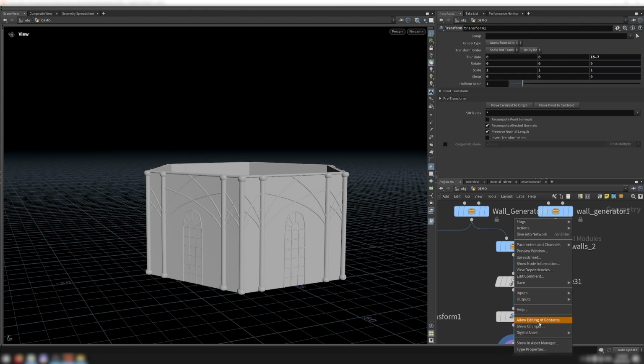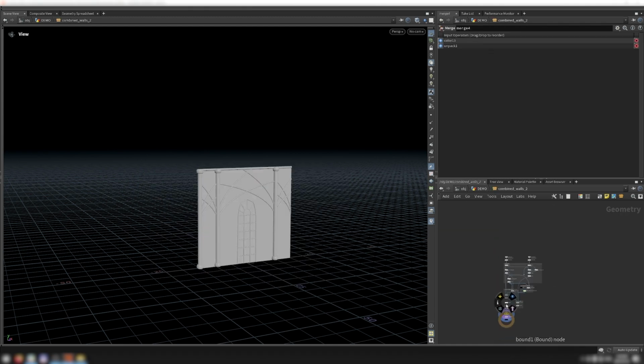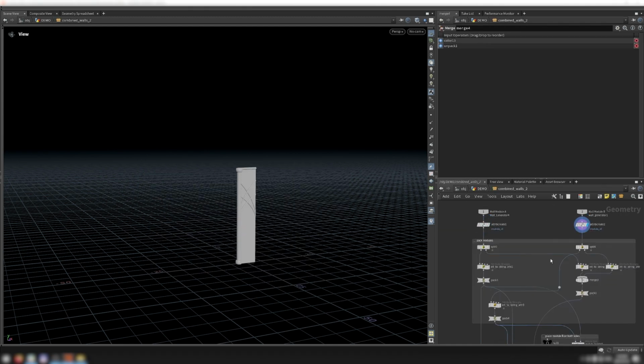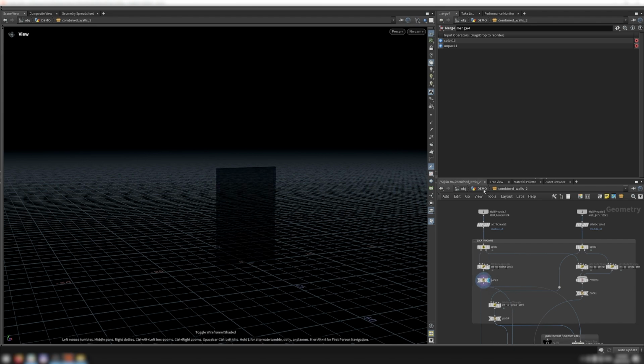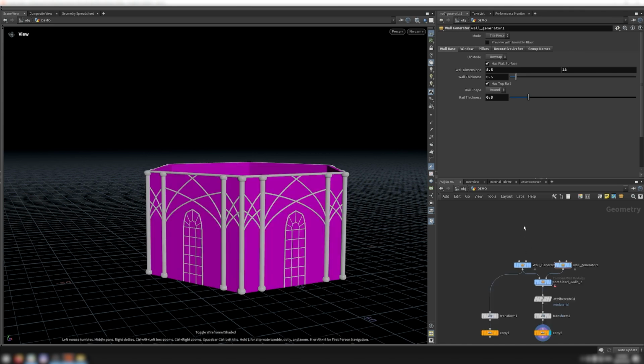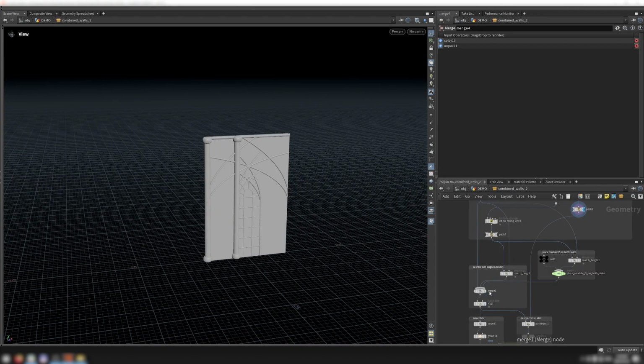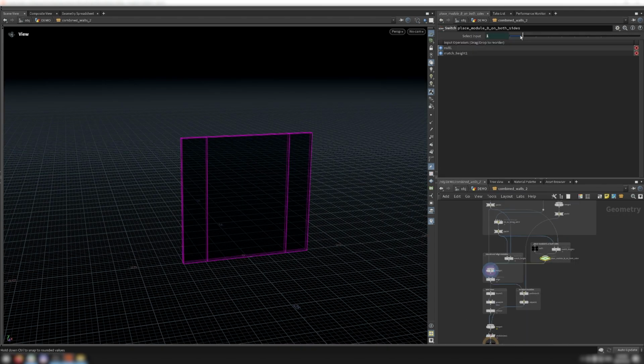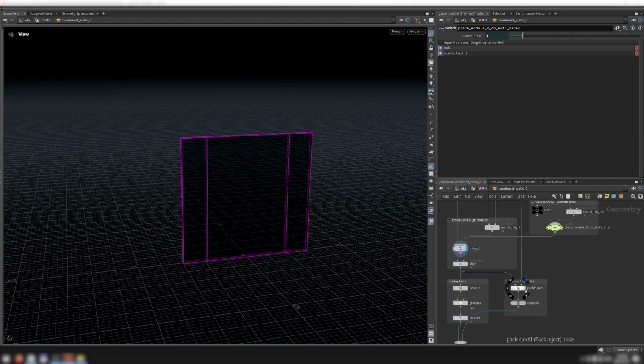The way this wall combining utility works is super simple. It takes in both walls, and it separately packs their B-boxes and the geometry itself. I see I have the preview with invisible B-box checked on, so let me check that off so we can see what's going on. Then I place the bounding boxes next to each other, like this, and then I have this option for whether or not the second module should be placed on both sides,